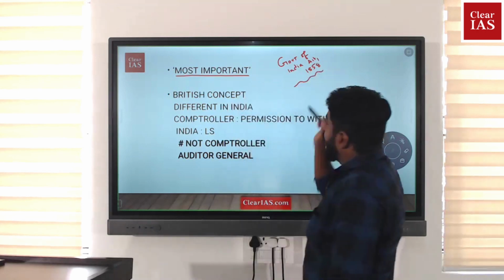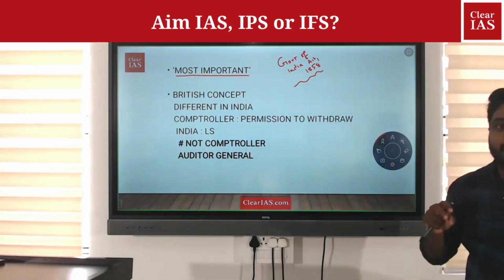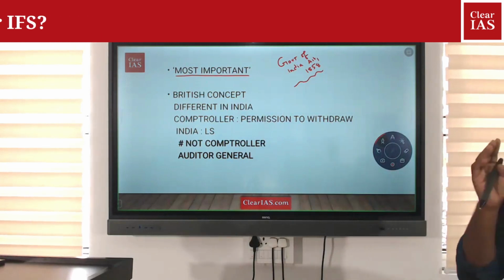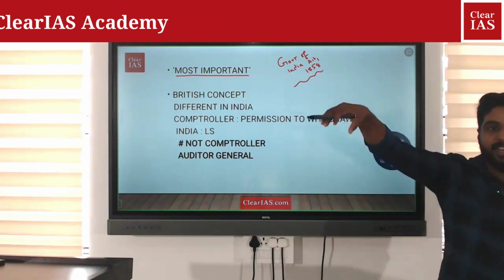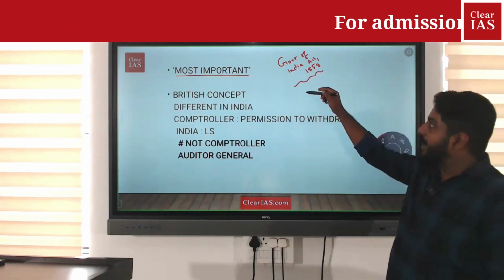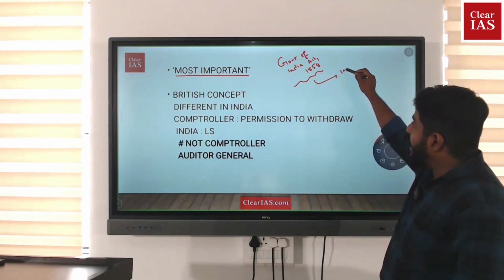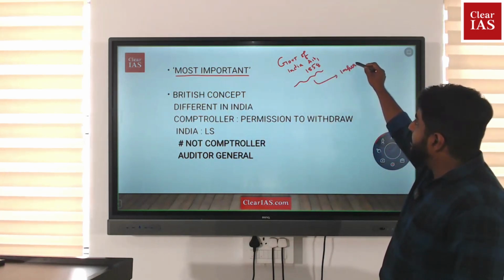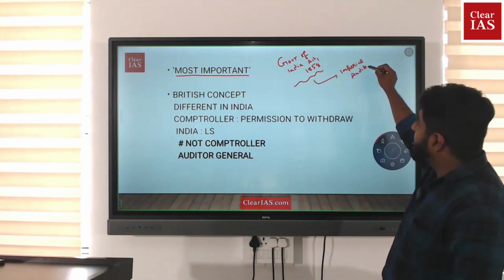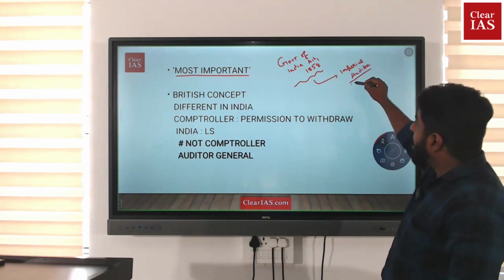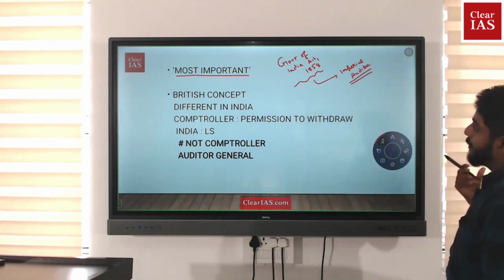Fine. So the Government of India Act of 1858, in fact, so we are speaking about the Crown Rule period, isn't it? The Crown Rule period starts with the Government of India Act of 1858. So the Government of India Act of 1858, in fact, provided for an Imperial Auditor General. Fine. So this was, in fact, where the idea of an auditor has evolved from the